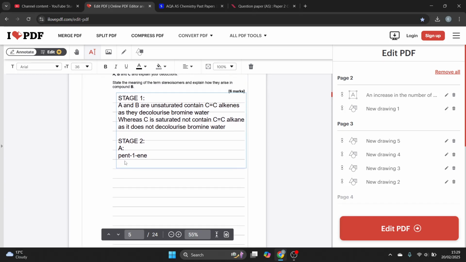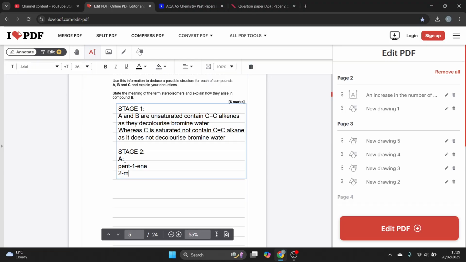It can also be 2-methylbut-1-ene, 2-methylbut-2-ene, and B is equal to pent-2-ene. And C, well, because it's C5H10 and it doesn't contain a C=C, it's going to be cyclopentane, not pentane, cyclopentane. Yeah. And then stage 3,